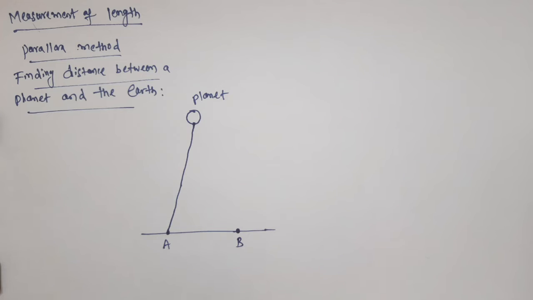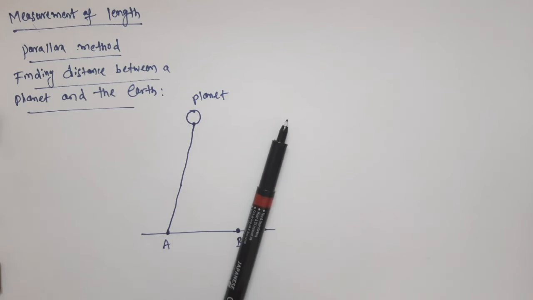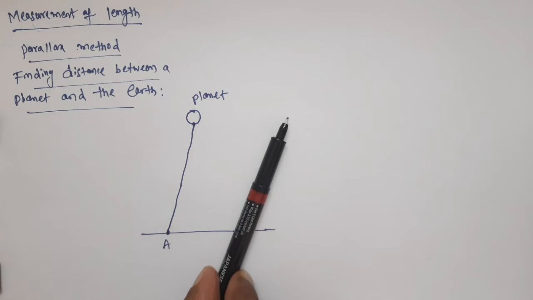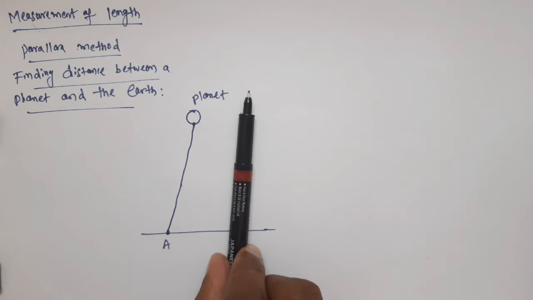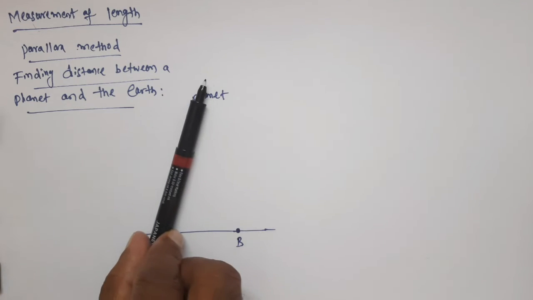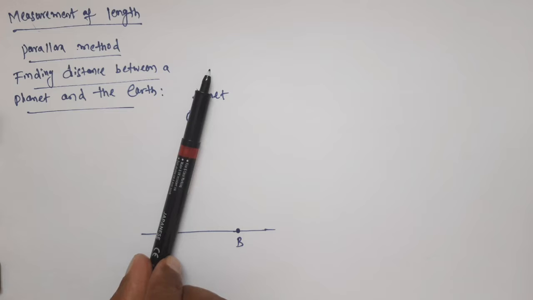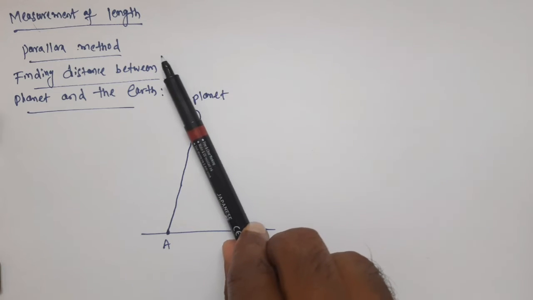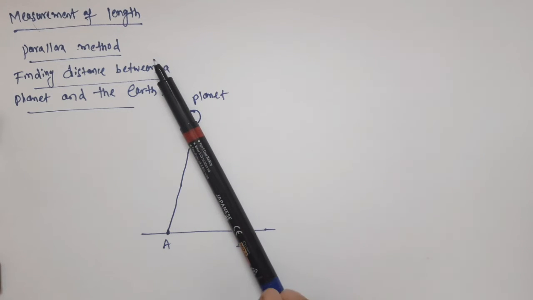Now again, we see the same point on the planet, but here we have to face the telescope like this, right? When we go to point B, if we place it like this, what happens, guys? Can we see that point on the planet? No. So we have to turn our telescope like this. Initially the orientation of the telescope is like this, but when you go to some other point B and want to see the same point on that planet, we have to turn the telescope like this. A protractor is arranged on the telescope to measure this angle. Whatever angle it rotates, that angle can be measured.